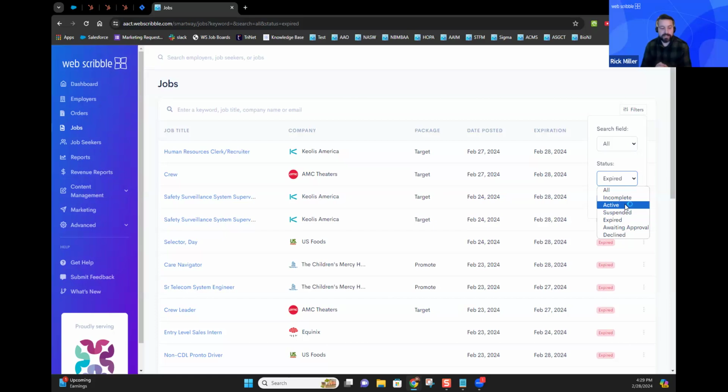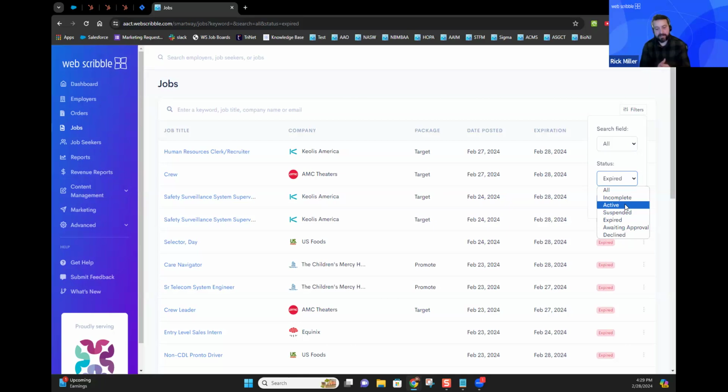But we actually store the remaining days of their job post. So if an employer logs in and fills a job in 15 days and they have a 30-day post, they can set their job to suspended. If that interview doesn't go well, or if something falls through and they don't end up hiring that individual, they can actually go back into their employer account and find that suspended job and reactivate it for the remaining 15 days.